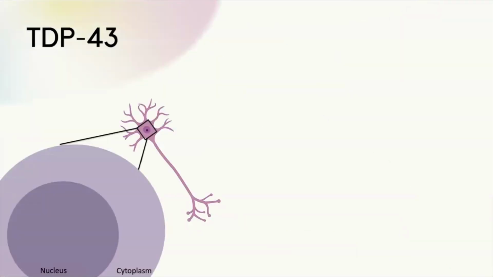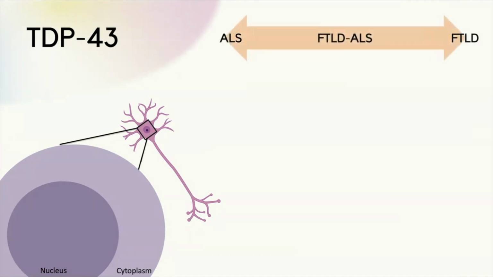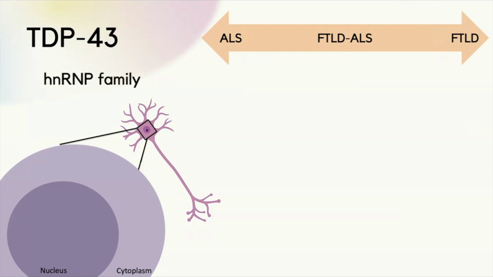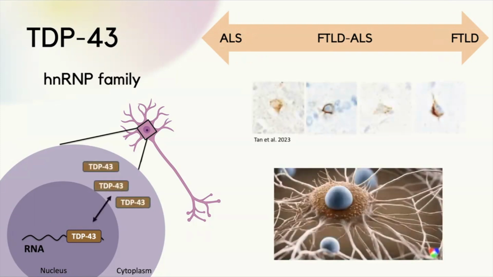Amyotrophic lateral sclerosis and frontotemporal lobar degeneration are two devastating neurodegenerative diseases which sit on two ends of the same disease spectrum. TDP-43 is a member of the heterogeneous nuclear ribonucleoprotein, or hnRNP family, which plays a critical role in regulating RNA processing. The nuclear depletion and abnormal aggregation of phosphorylated TDP-43 in neurons is a hallmark of ALS and